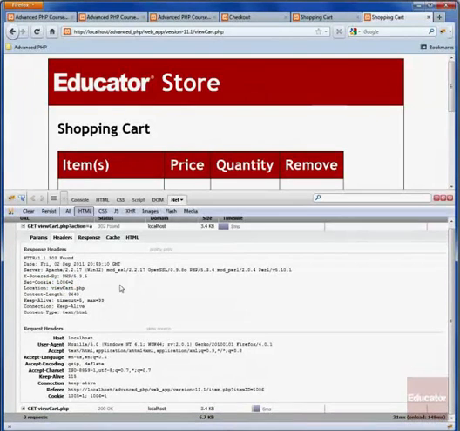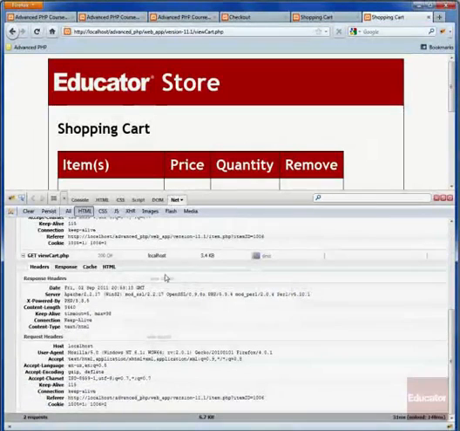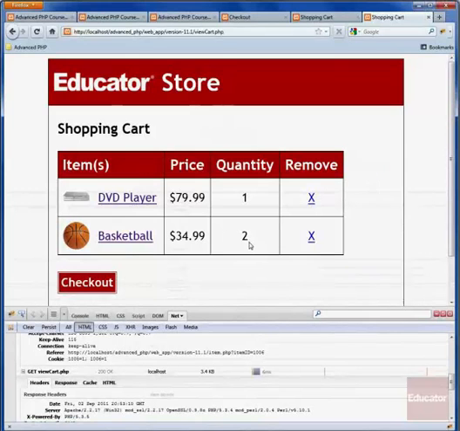When we refresh the page, you can actually see here, Firebug lets you see the actual refresh happening. We can see that when the page is refreshed, the new cookies have been sent, so it has item 1005 equals 1 and item 1006 equals 2. And so that way when it refreshes, it's able to show quantity 2 for the basketball and quantity 1 for the DVD player. Now when we remove this,